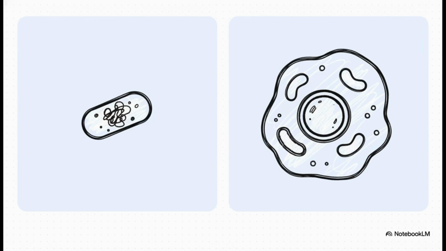Think of these as the ancient minimalist designs. They're smaller, they're simpler, and they do not have a true nucleus. Then you have eukaryotic cells, which are basically the modern complex upgrade. They're much larger, and they feature a clearly defined nucleus along with membrane-bound organelles. And it's exactly this complex eukaryotic architecture that eventually allowed for the evolution of the complex plants and animals we